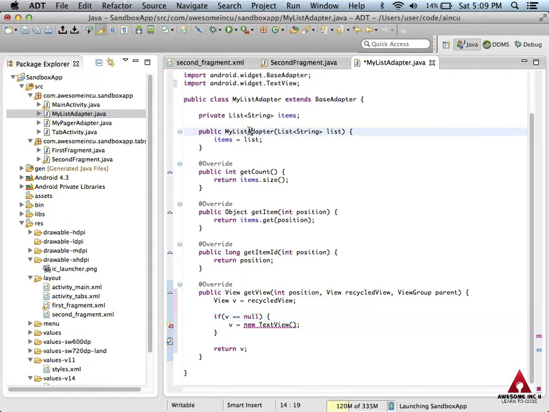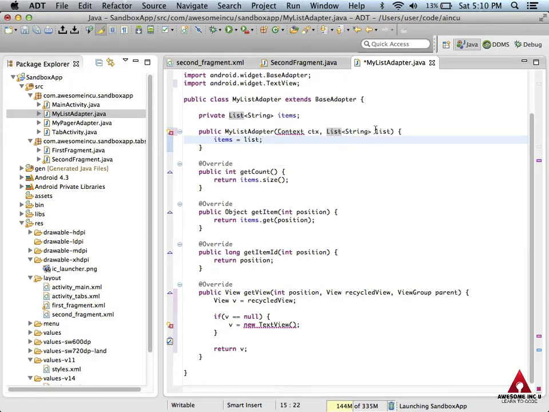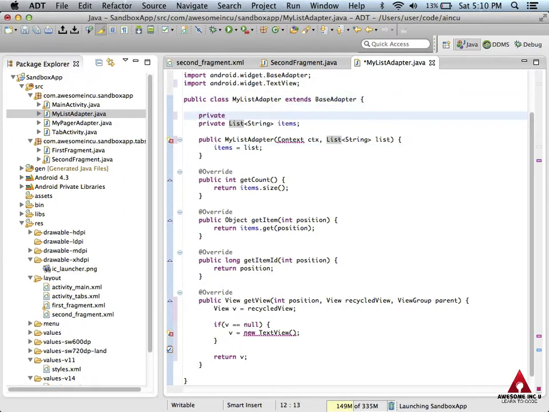Okay, so back up here in our constructor, my list adapter, let's add a parameter before the list of stuff, and it's going to be of type context. Let's just call it CTX. So before my list of strings, I said context CTX, comma. And what we're going to do is hold on to a reference to this just the same way we hold on to a reference to list. So up here, we're going to add a global variable, private context, and let's call it